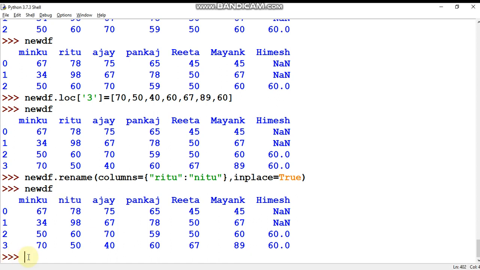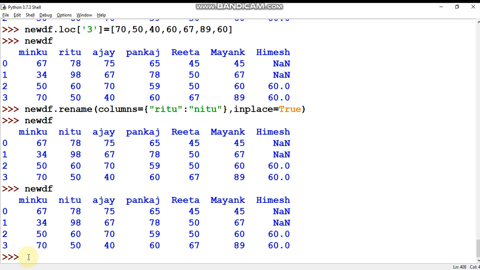Right now I have a data frame new df, and when you press enter you can see it. I want to add a new column. So just use the data frame which you have created, new df, and write the column. Here I want to add a new column, Geeta. So write Geeta, the name of the column, and just pass the values here.